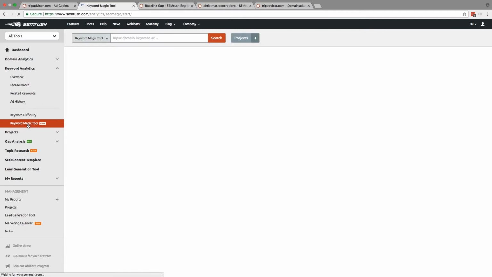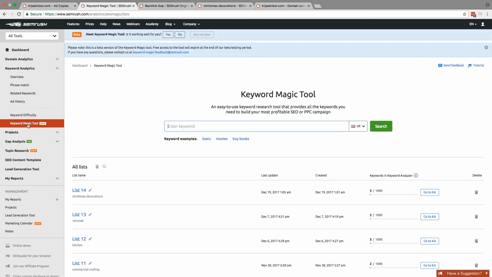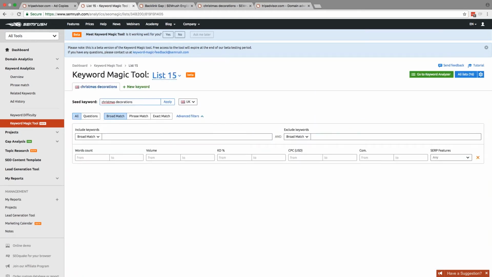So let's go on with Christmas thematic. So let it be like Christmas. Okay, let's keep up with Christmas decorations. And then choose the database, and you just press search. So basically in one click, we will get the list of top searches in your target country related to your